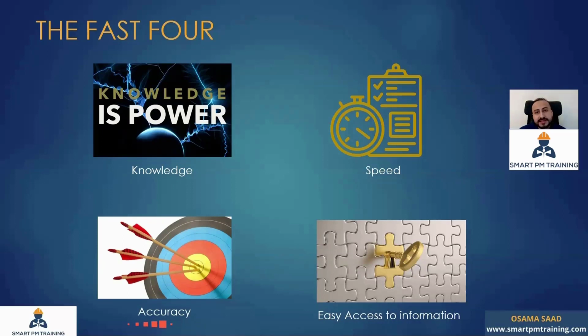The scope is huge, and we have many activities linked together. Like you have, for example, the sequence of finishing activities, and at the same time, you want to monitor the procurement of these activities and also the engineering part. So there are so many aspects you need to manage at the same time. That's why many companies invest millions of dollars. We have right now construction management solutions, to optimize your operations and manage the construction projects more accurately and efficiently. So that's why the accuracy part is very hard to achieve,